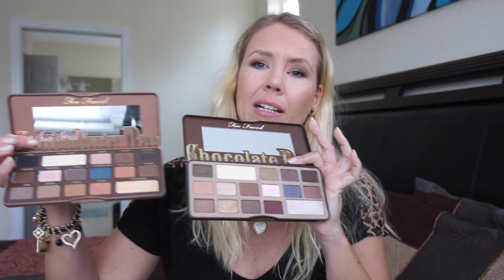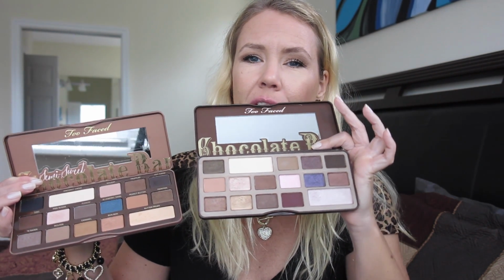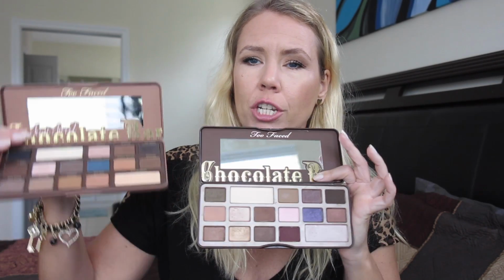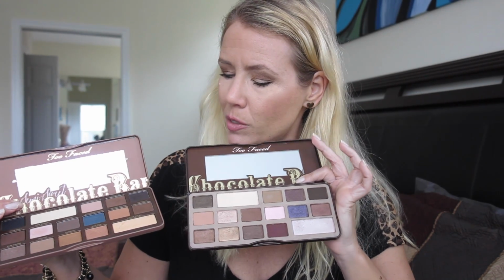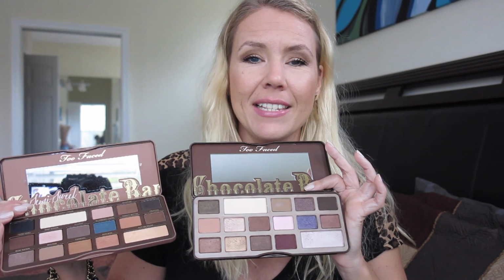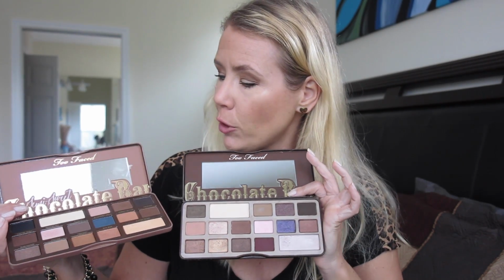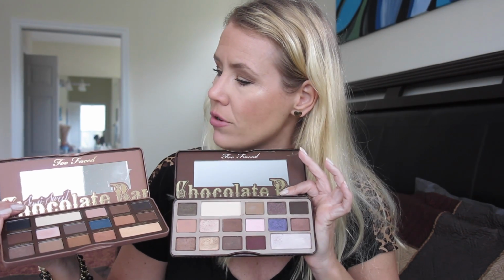So to sum it up, do you really need the second one? Well, most looks you will be able to do with the first palette as well. The second palette has a very similar color range, even though it looks now like this is washed out and this pops more of color. But this might be also an illusion because the color of the case is different. So I'm gonna be here ice cold and say you don't really